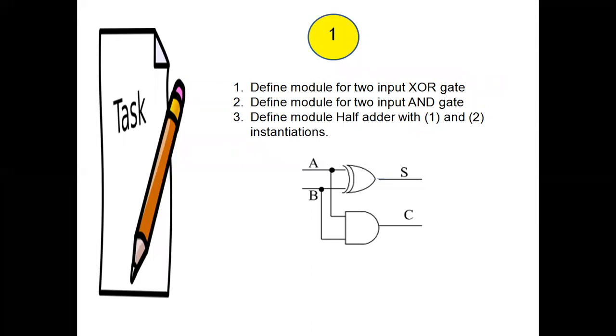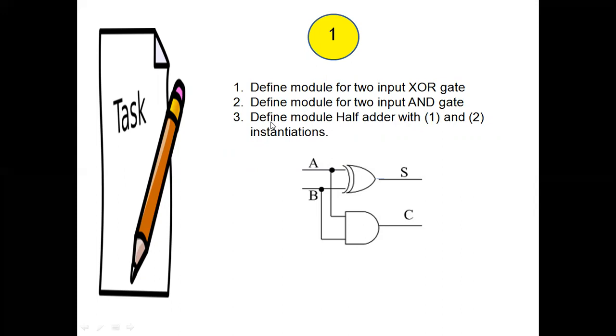How do you define the module for these two? Your program should start with the module keyword, and beside it you give the name of the module, and within the brackets you mention the outputs and inputs, first output followed by inputs. Don't bother about the body of the module for now, just leave that. And you terminate the module with endmodule. So for the 2 input XOR gate you write one module, and for the 2 input AND gate you write another module.